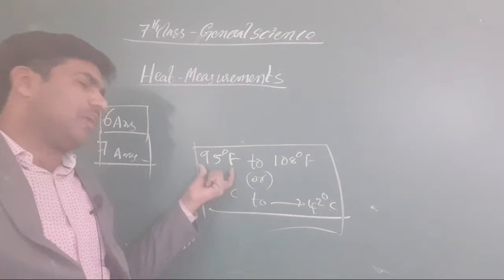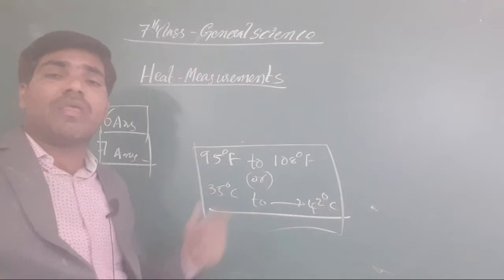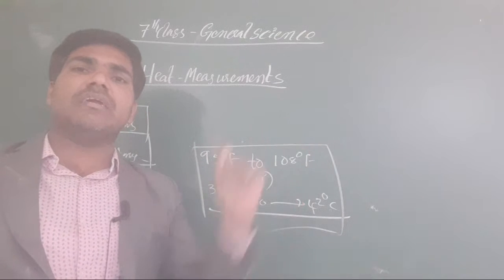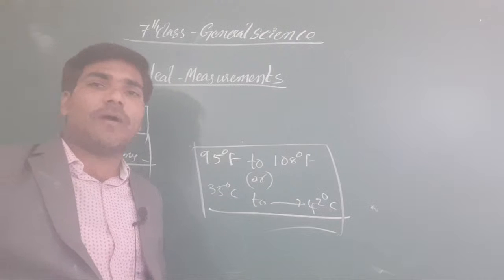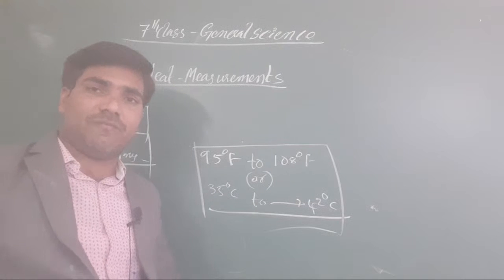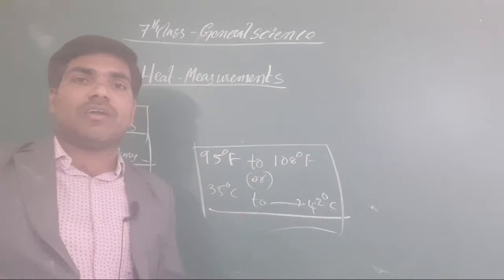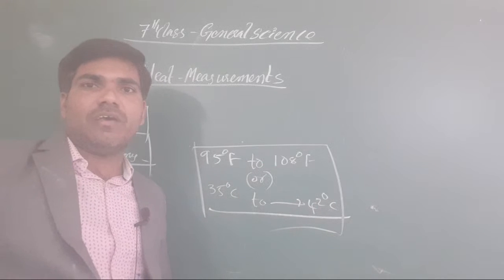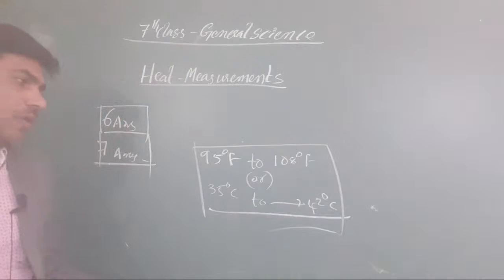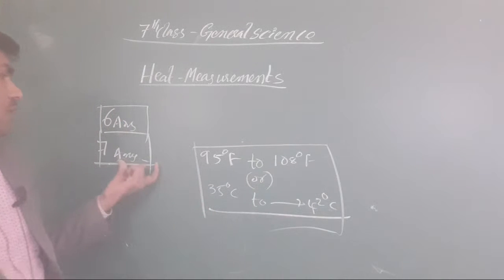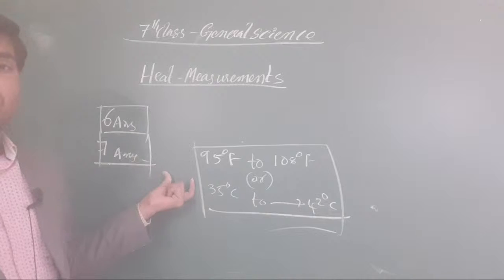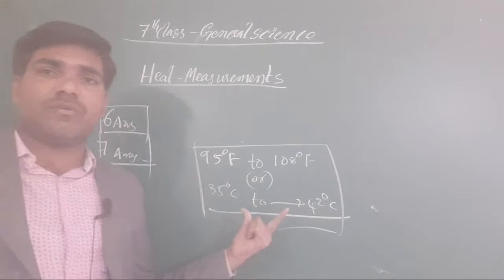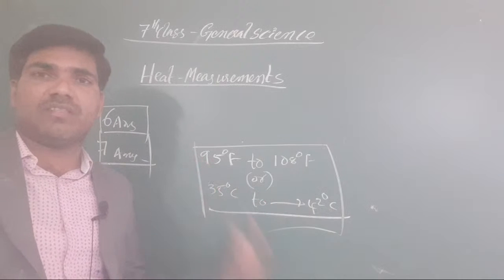The water temperature may start from the melting point at 0 degrees to 100 degrees centigrade. That's why it is not possible to measure the water temperature at every moment during heating. Got it or not? And this is our concept of measurement of heat and measurements up to the 7th answer.